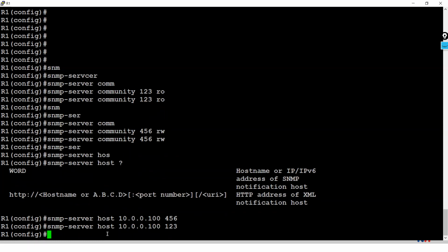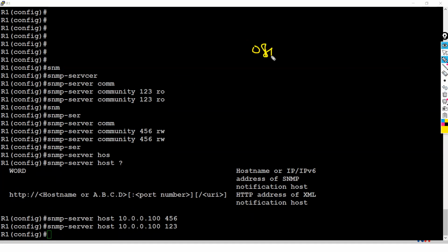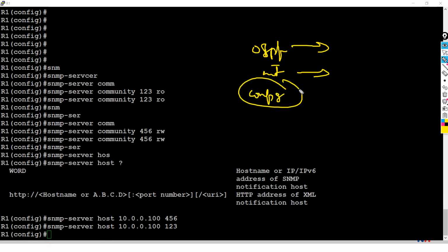Now you need to enable the trap or the inform messages. As I told you, you can send the OSPF related messages, or the interface related messages. Suppose someone is entering the config mode, and you want to notify that, you can do that also. Let me make it simple: if somebody is entering the config mode, it should be notified. So I'm going to